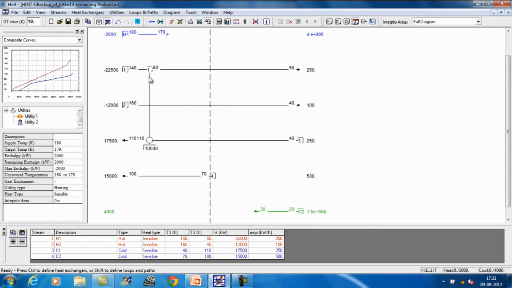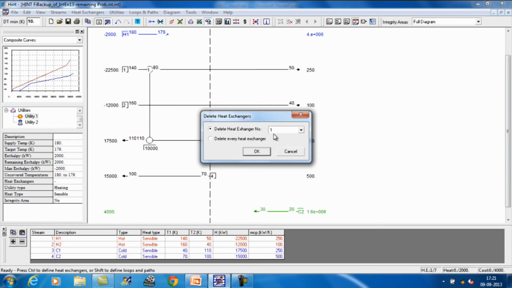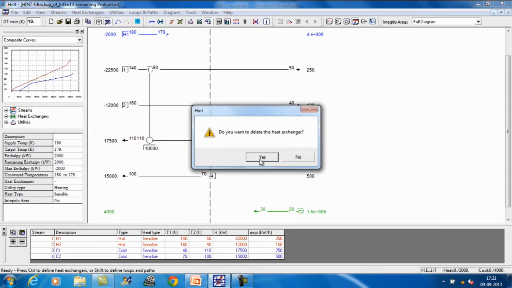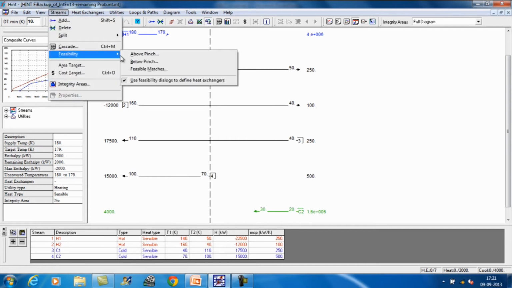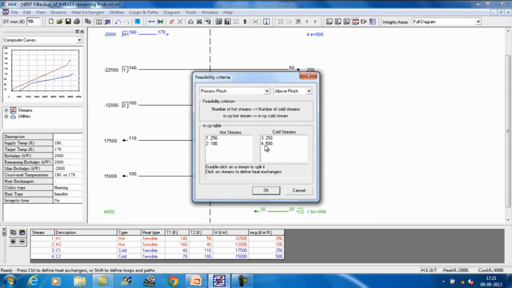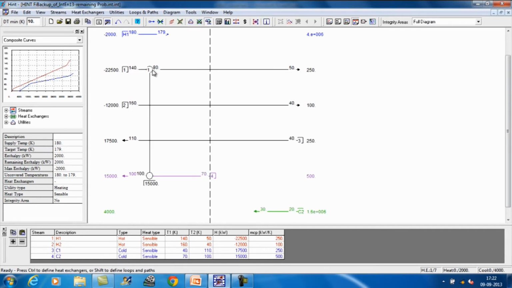So, I select this heat exchanger, I go to delete heat exchanger number 1, I delete it. Now, the next match I should put between 1 and 4, because this is an acceptable match. 1 and 4, this is an acceptable match, perfectly right. So, 1 and 4, it also allows me to put that match. So, I put the match. So, this match is 15,000 kilowatt,